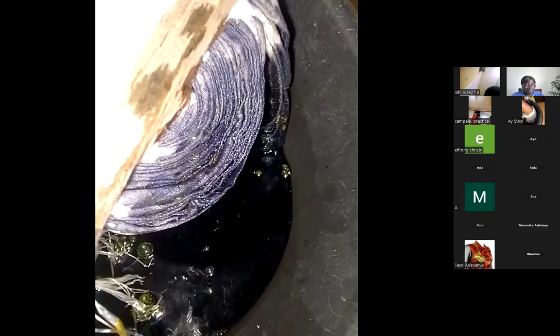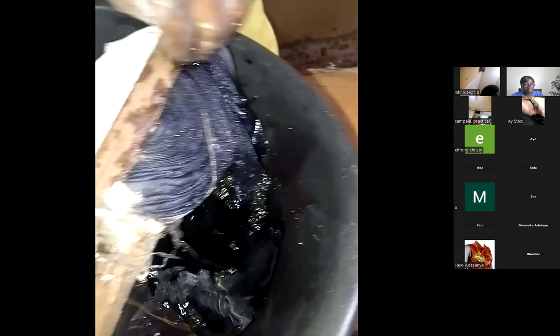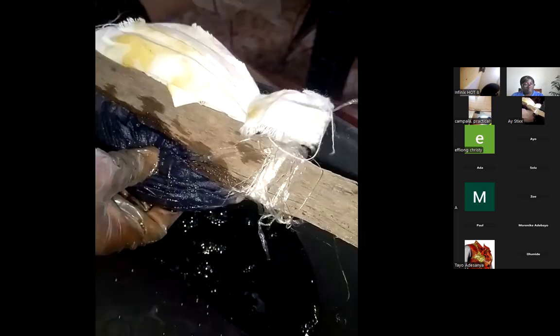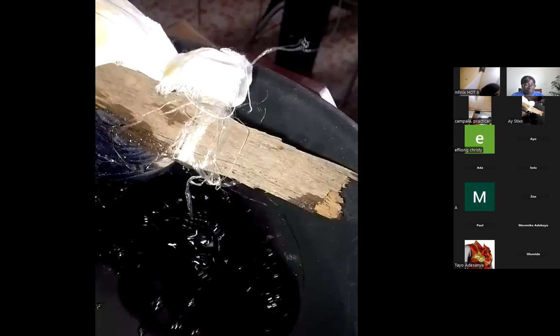If you use your bare hand to do it, it will spoil your hand easily, because the chemical is too powerful. This is the color yellow now.